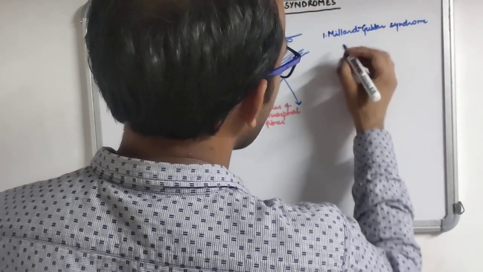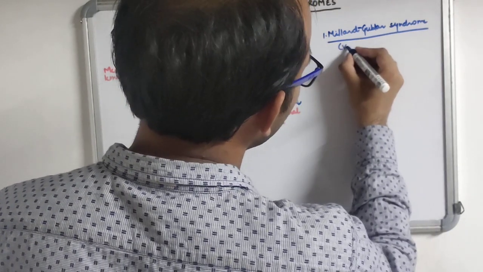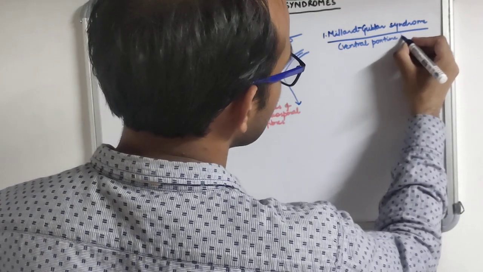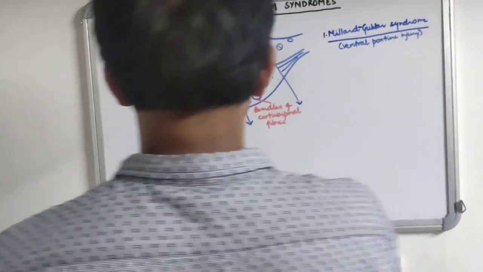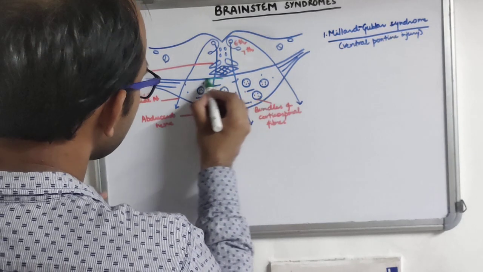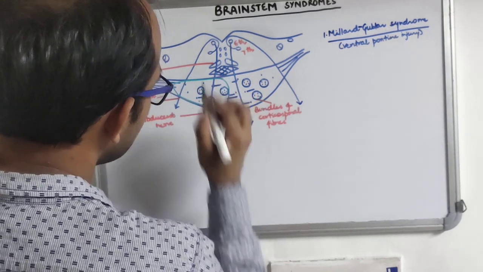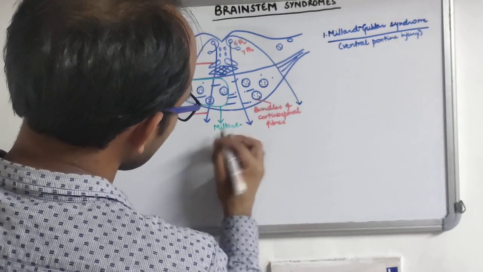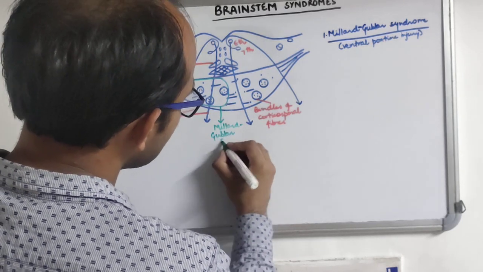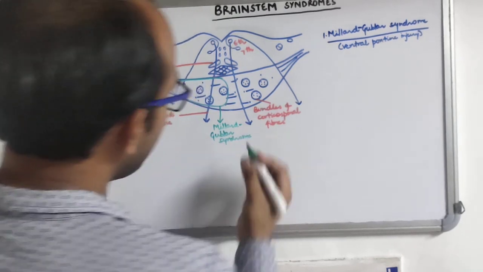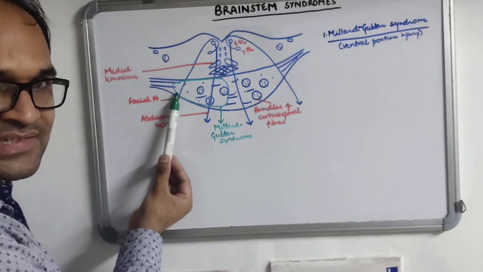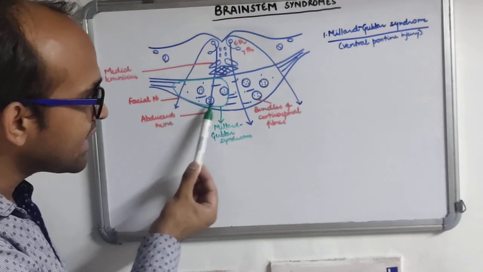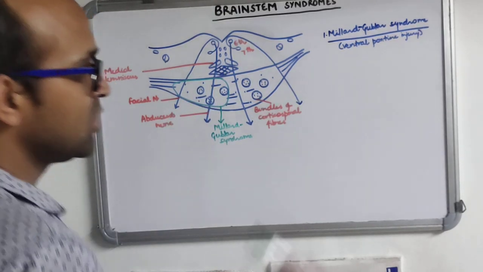So Millard-Gubler syndrome occurs when there is an injury to the ventral pons, ventral pontine injury. That means if there occurs injury in this region, this is responsible for Millard-Gubler syndrome. Now what are the components of Millard-Gubler syndrome? It consists of facial nerve fascicles, it consists of the abducent nerve fascicles. Apart from that, it contains the descending corticospinal fibers. So the effects are